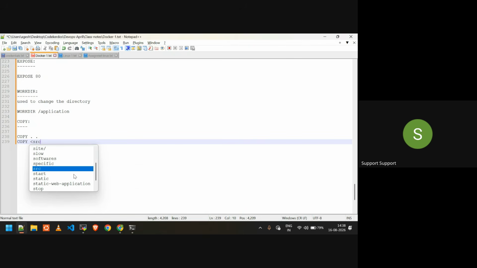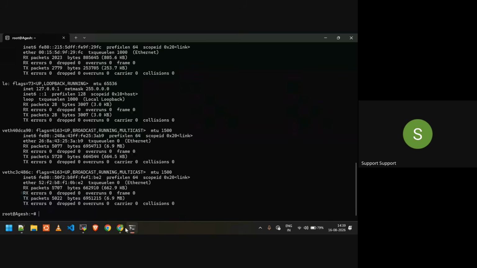Source to destination. Destination is always the image. Source is always your build context. Currently you are building the image, so while building the image, your source is always your current working directory in your operating system, and destination is always your image file system. So if I run like this,